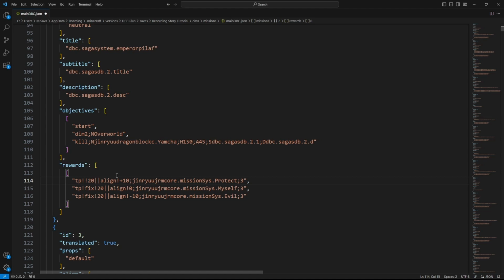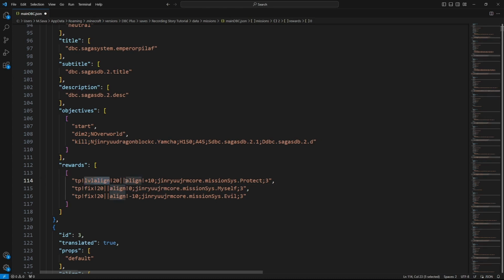Then the next one is TP level align. This is a combination between TP level and TP align, and basically does the same thing. It multiplies the TP amount that you're supposed to get, and then based on your alignment, it changes the final result. Moving on to the alignment reward, this one is pretty simple. You just put align separated with an exclamation mark, and then the